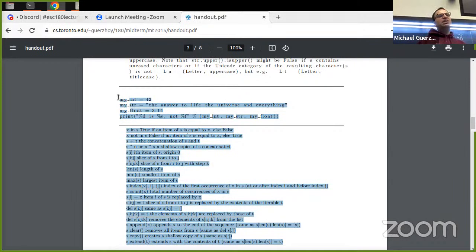Now, I would say that the class is really not about memorization. If you have the basic coding and math questions, I don't see any reason that you wouldn't have everything that you need memorized anyway automatically. But just for your peace of mind, sure, whatever's here that's highlighted is going to be handed out together with the midterm.